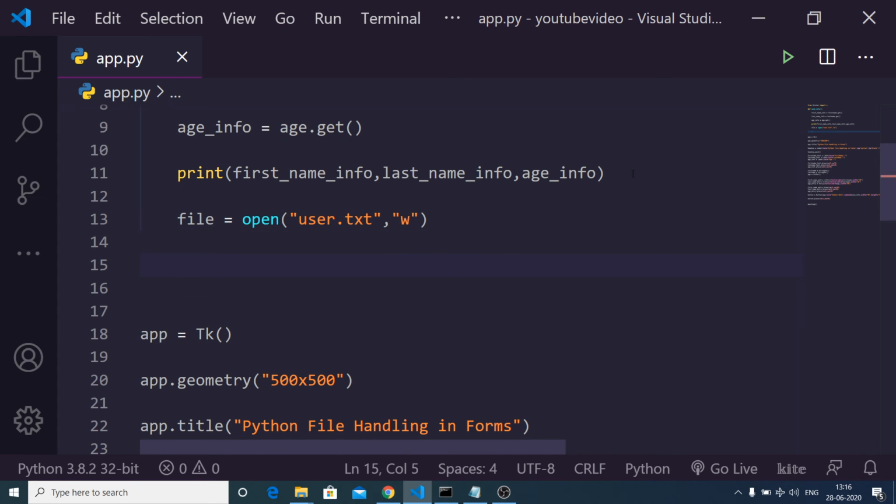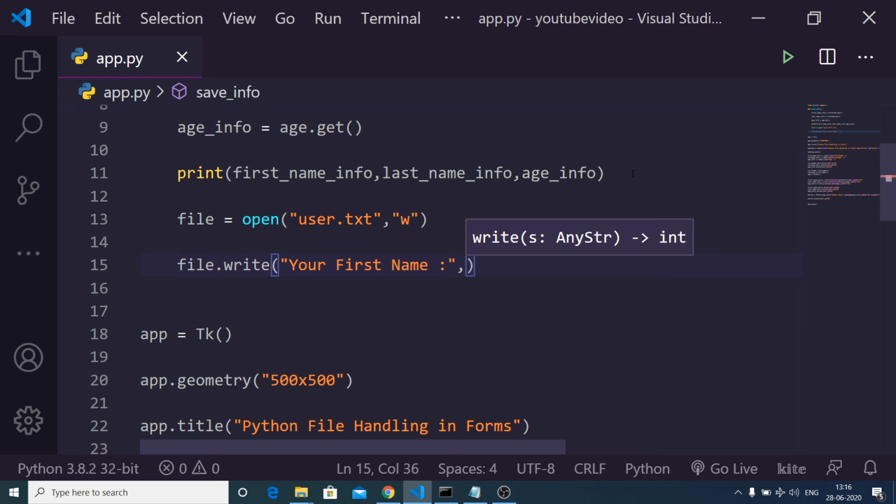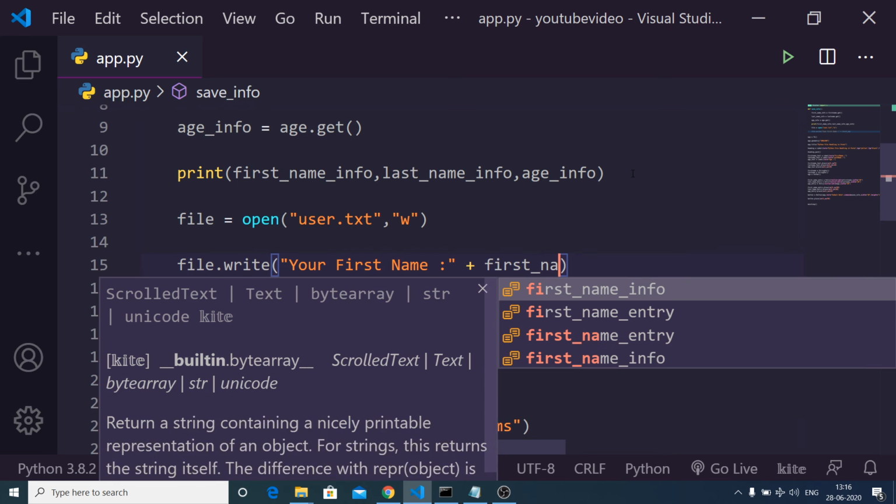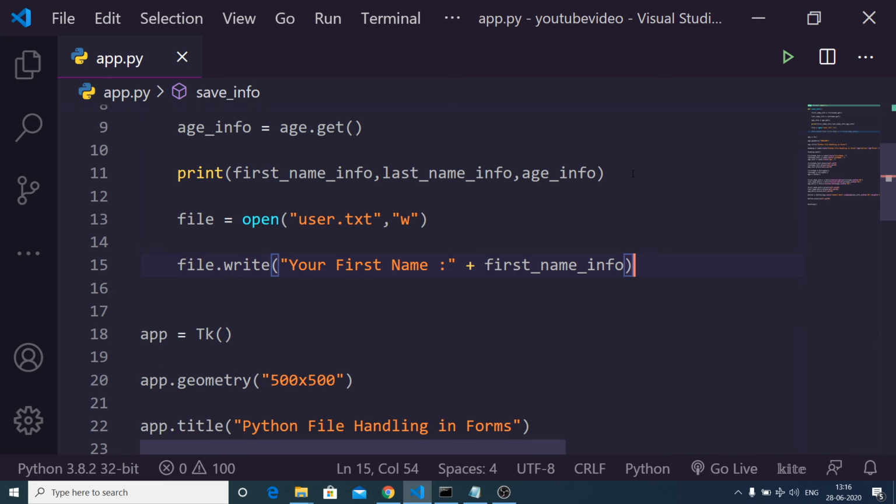After specifying the mode, we need to write something to that. So we will use the write method. And first of all, we will write your first name, and we will use the concatenate symbol, and we will concatenate the first name info like this.